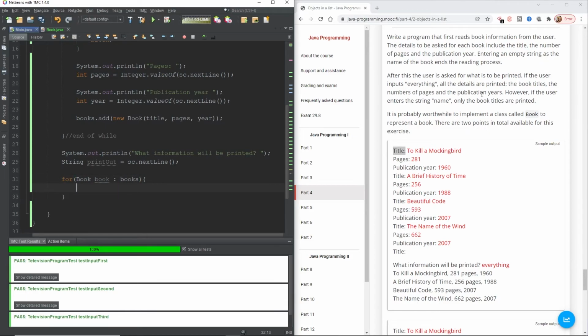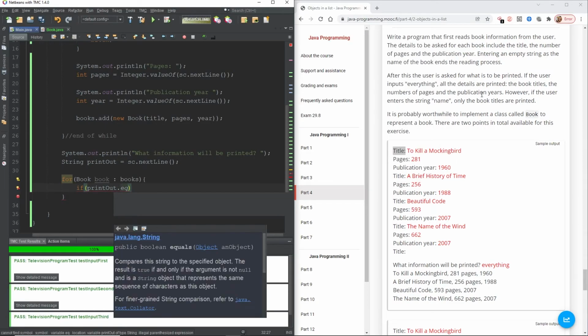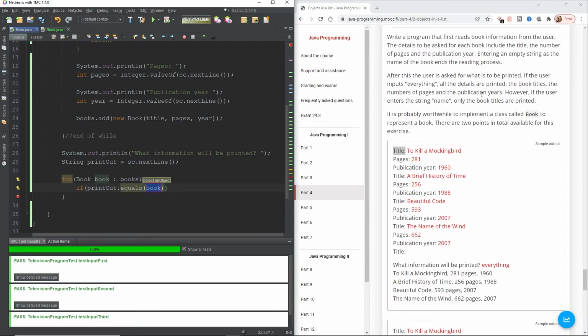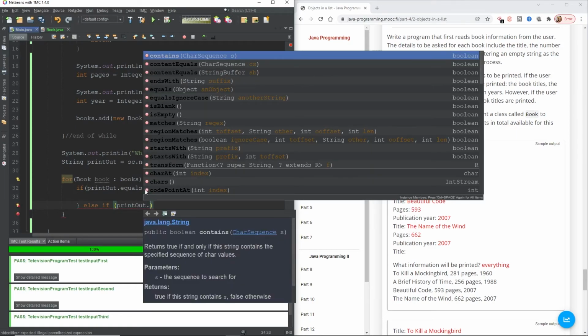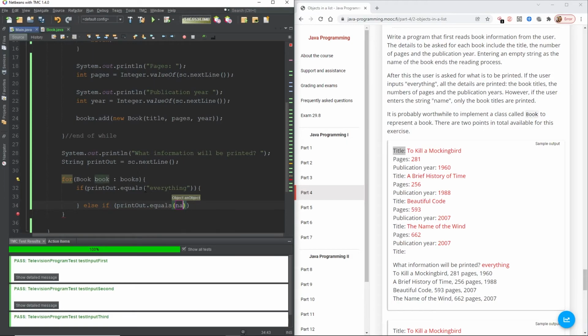we are going to do an if statement. So if printout.equals, what's it going to be equal to? It's going to be equal to everything. Then we're going to do one printout there. That needs to be wrapped in double quotes. Else if printout.equals name, oh, we're going to do another printout,